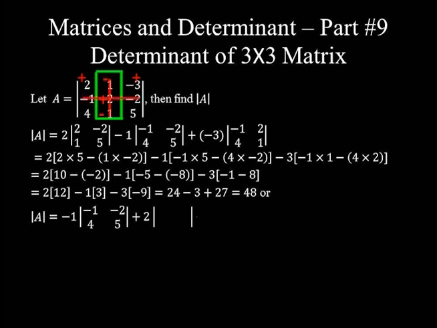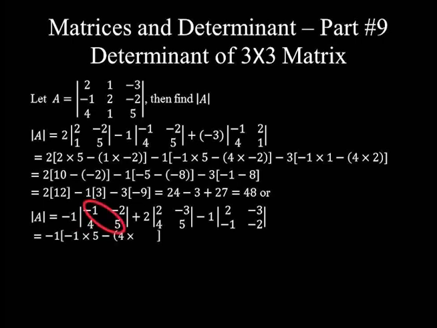So when we delete row 2 and column 2, we will find 2, negative 3 in row 1, 4, 5 in row 2, minus 1 times. 1 is positioned at the intersection of row 3 and column 2. Eliminating column 2 and row 3 gives us 2, negative 3 in row 1 and negative 1, negative 2 in row 2,